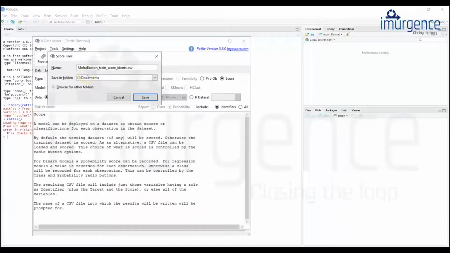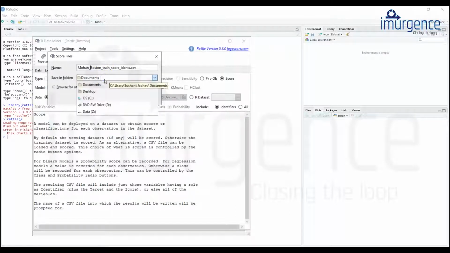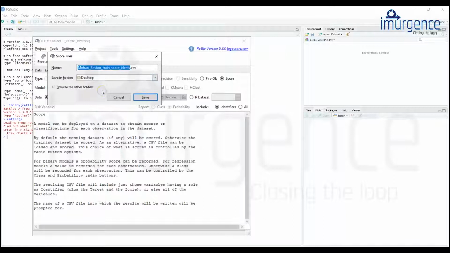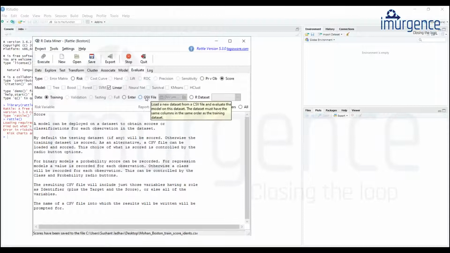So if I want, I can say Mohan underscore Boston train score indents. So I can have separate score files created for each of the data sets. Now say I want to save it somewhere, so I will say save it on the desktop, and then I'll say save. Now I'm just going to minimize all the applications and just pick up the file